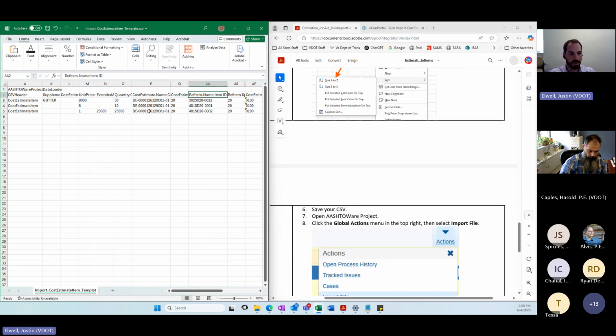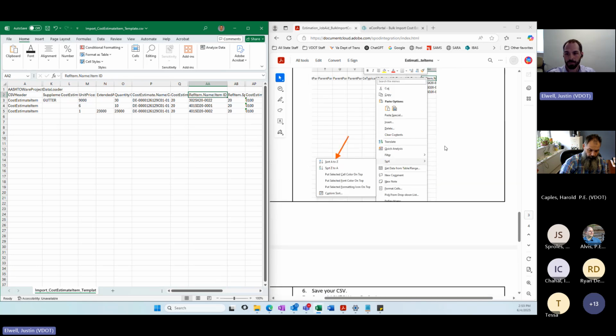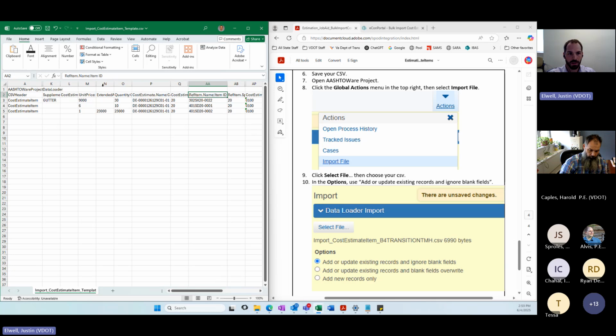But again, if you're entering in 60 of these and you load it into AWP without sorting, be tough to reference where each item is if they're not in order. So just a good trick to make sure that you sort that before you move on. So then we save our CSV and then we open AstroWare project.